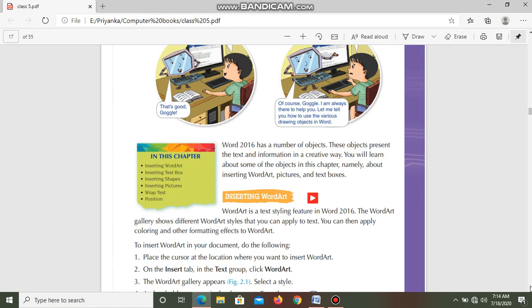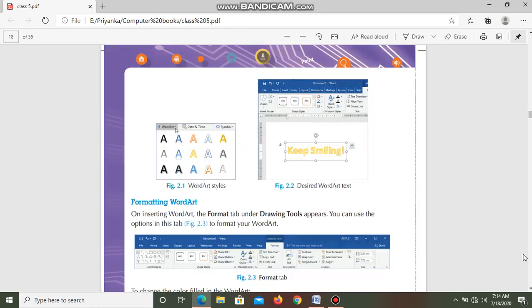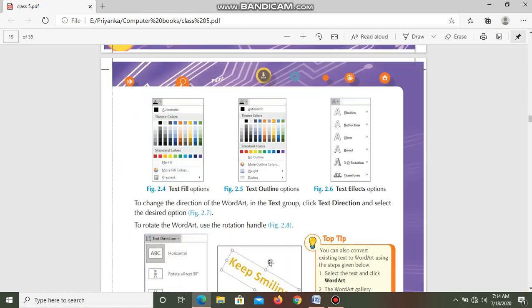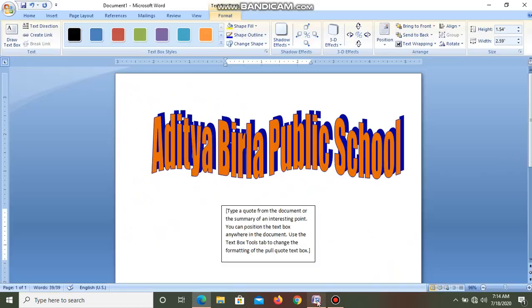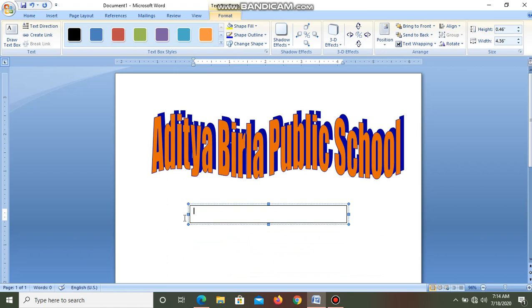In between the chapter, if I want to highlight some important points, I can use a text box, and a text box can be easily inserted from the insert text box option. You can increase or decrease the size of this text box, and you can type whatever text you want.